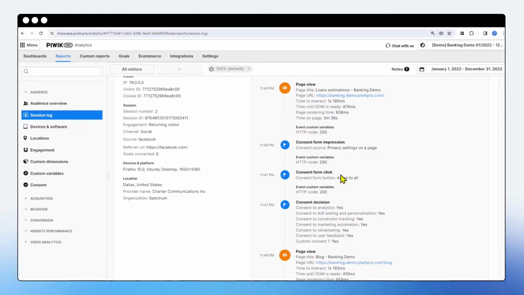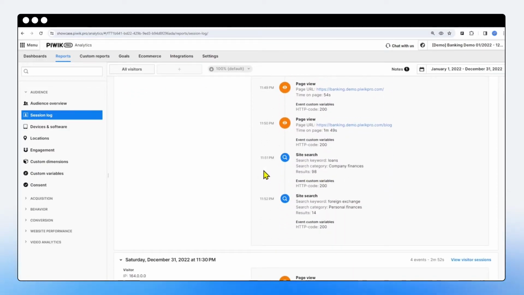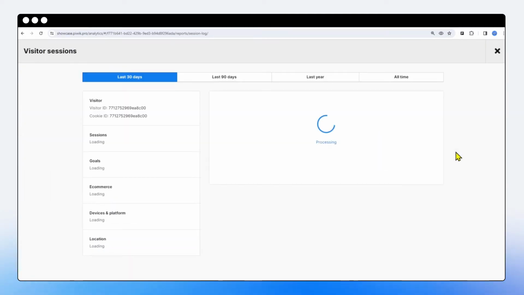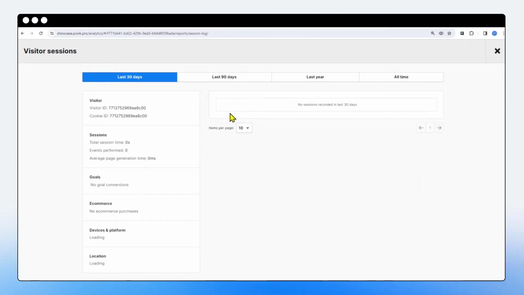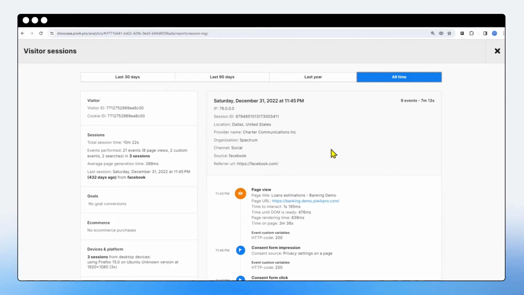Some interactions, i.e. events, with the consent form, another page view, some site search, so somebody was searching on the website for something. We can see keywords, we can see the category of the search, and some other site searches on the website. On the right, I could click and see something that resembles a profile of the visitor in the last 30 days. I don't see any activity in the last 30 days, and that's because it's 2024 and I'm looking at 2022. But I could click on all times and see the interactions for that very visitor throughout the entire span of time for which we track data